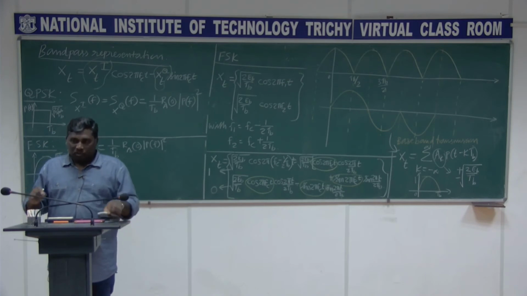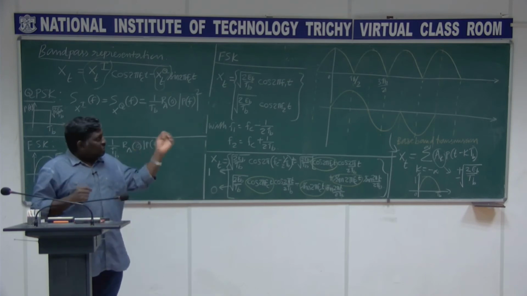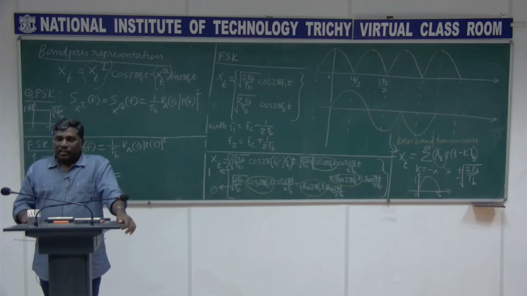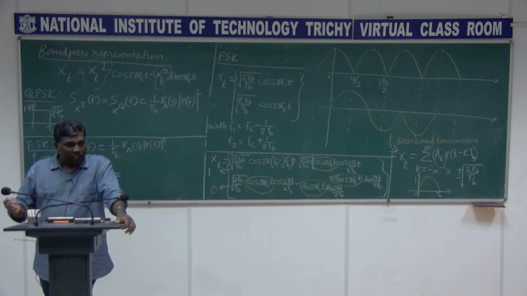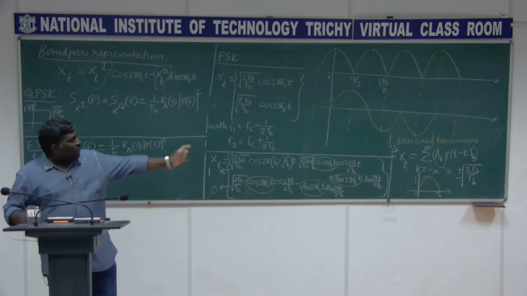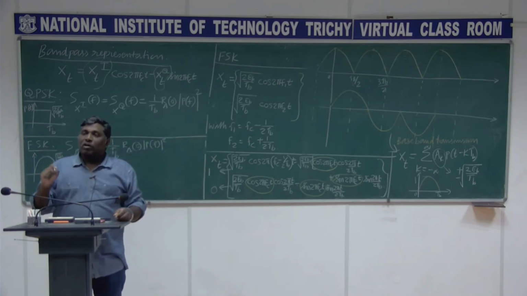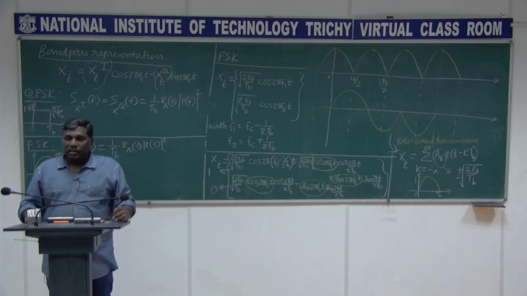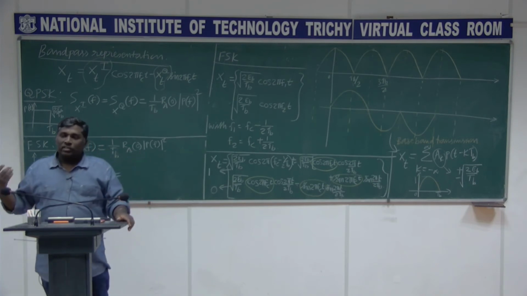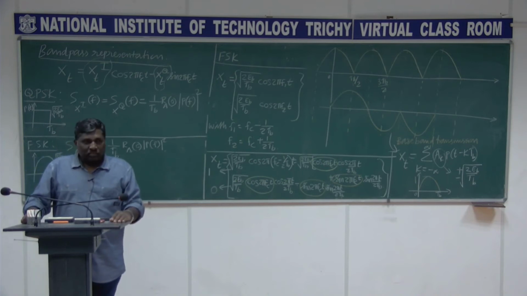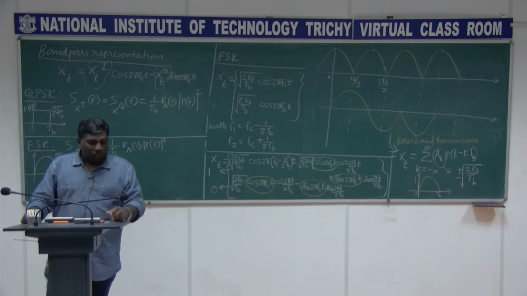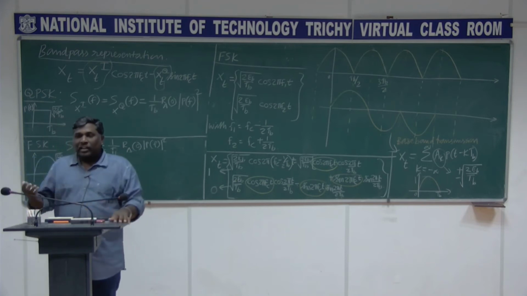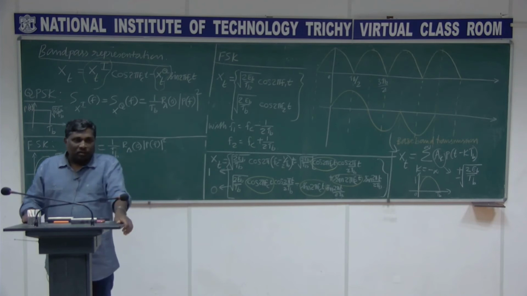As I told you, intuitively we can treat this as a random process and find out the autocorrelation and spectral density. I can do that, but intuitively we understand that the in phase component is deterministic. So if I want to know about this spectrum, I can simply take the Fourier transform, and then the magnitude square will give you the spectral density estimation. I wanted to do it in a formal way, but this is just the idea. So when I take the Fourier transformation for this one, what is it going to be?